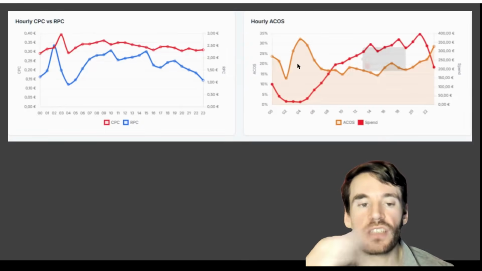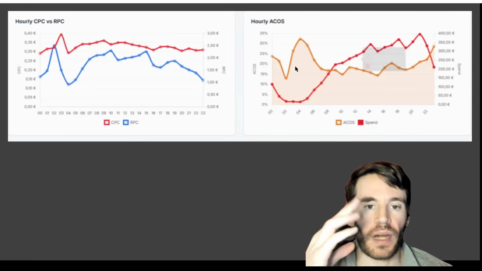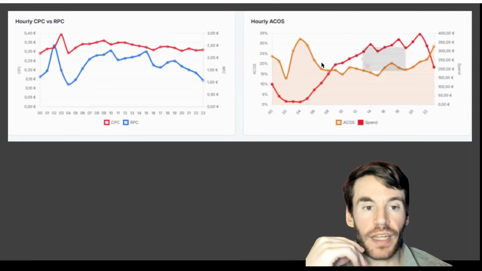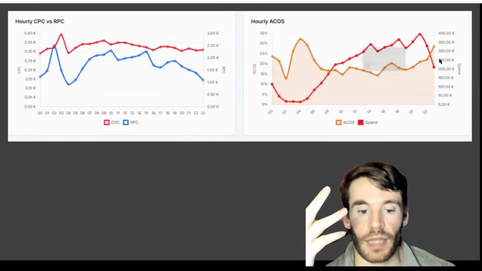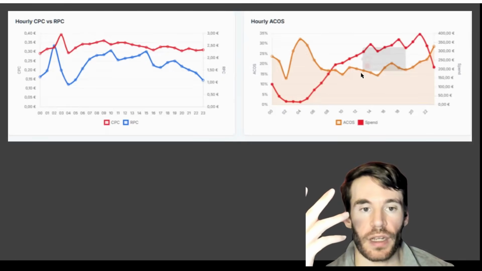As you can see, this is the effect that dayparting is giving. The ACOS is very strange, right? You want to have a stable ACOS. In this way, you can use your ad budget in a better way, because here you are spending 32%,